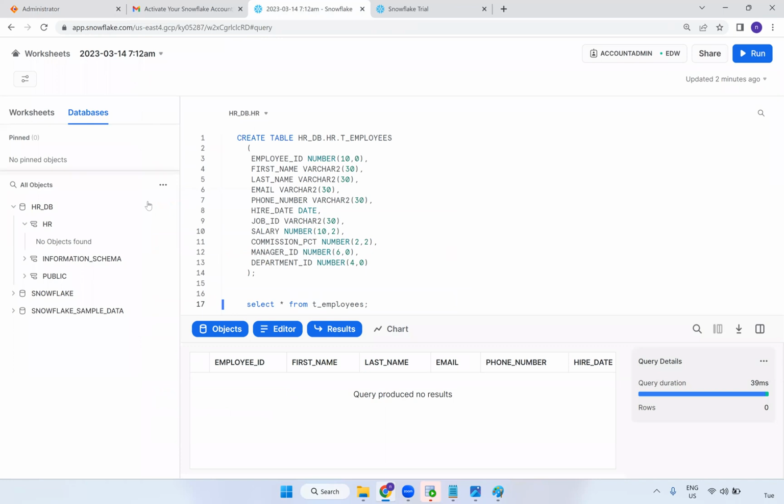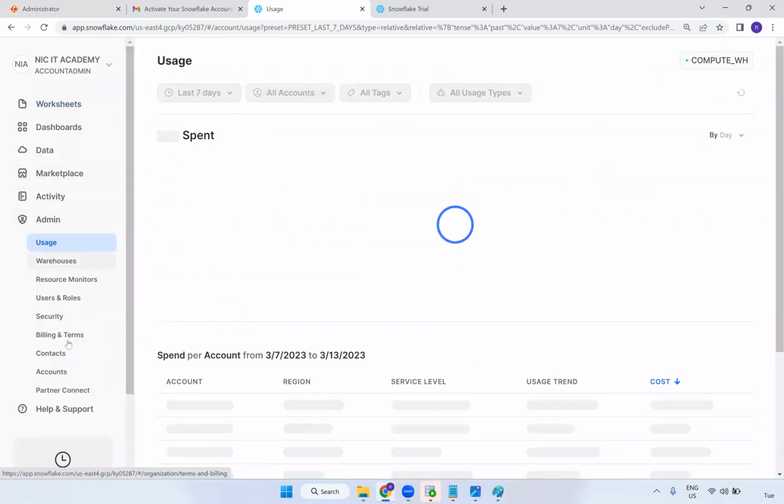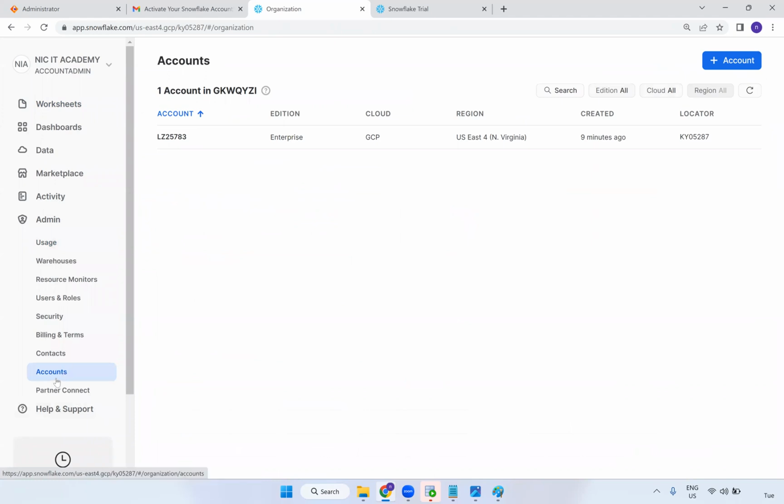So I will go to this. And how can I find the account name? You can go to the home, go to admin, click here on admin accounts. In a real-time project, you need to contact your admin team or infrastructure team. So if you see this, you are seeing this,